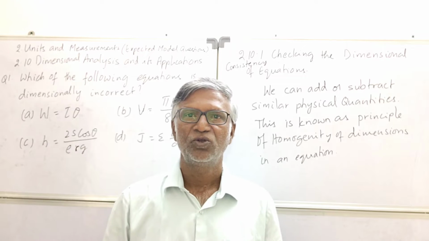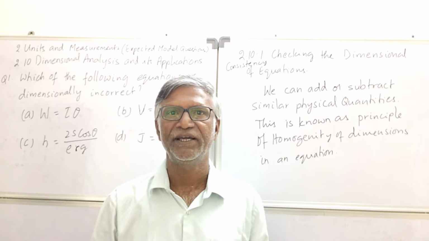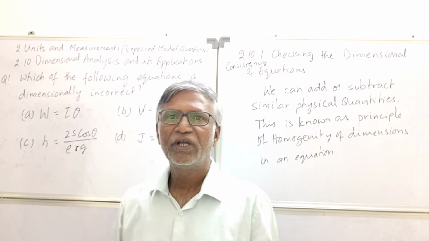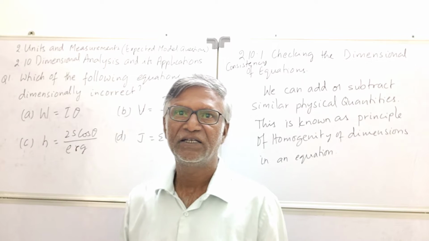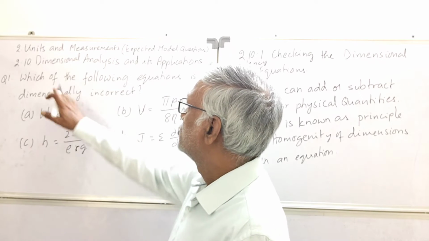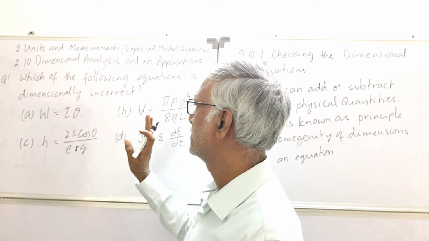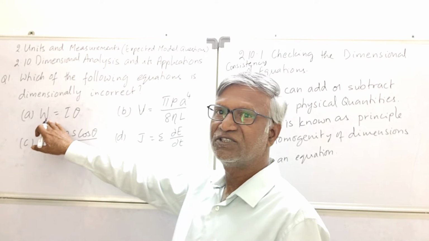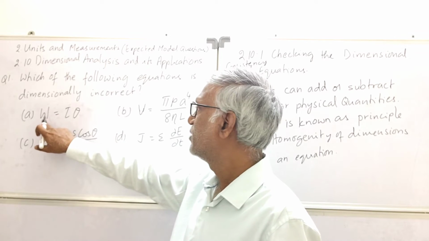तो लेफ्ट साइड में जो है, राइट साइड में वही होना चाहिए, इसका मतलब वही है। तो इसके लिए एक क्वेश्चन ले लेंगे, तब आपको आसानी से समझ में आ जाएगा, ठीक है। सो विच ऑफ द फॉलोइंग इक्वेशंस इज डायमेंशनली इनकरेक्ट? सी हियर, वर्क इज इक्वल टू टॉर्क इनटू थीटा।